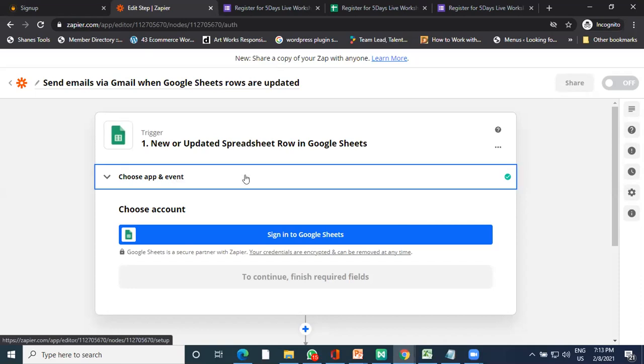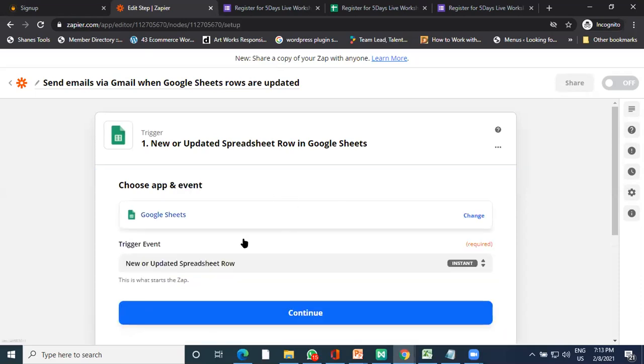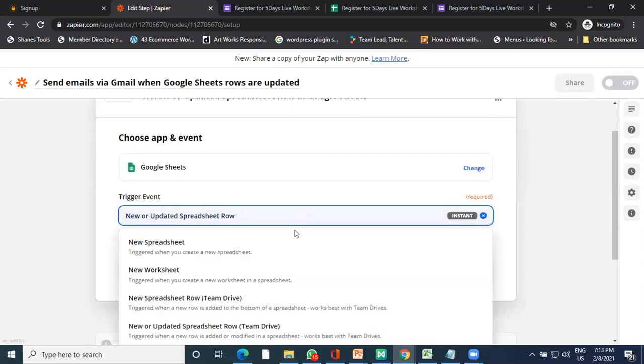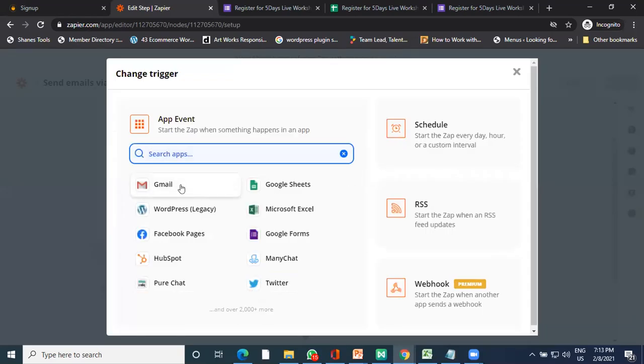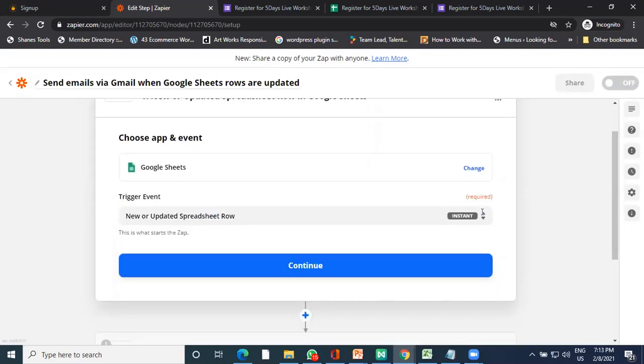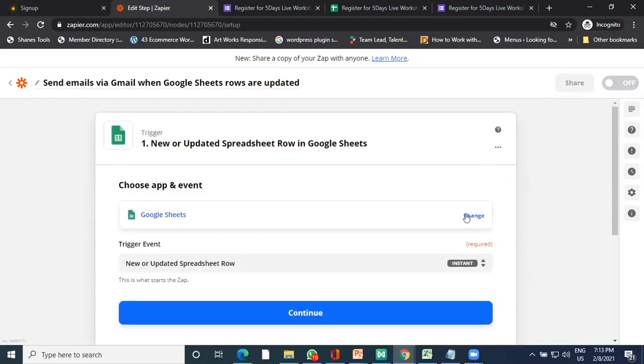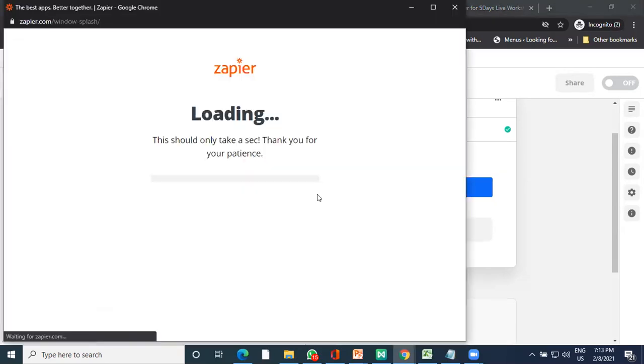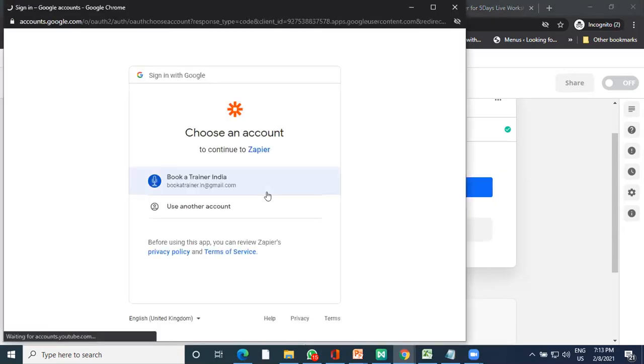So once the integration is done, we just need to select the sheet. What it asks is to choose an app. So we select Google Sheet. It will ask you for the name of the sheet. Before that, we need to sign up on Google, because this Google Sheet has to come from there. Yeah, see, this sign up comes up. Once you sign up over here, it will pull up. So you need to sign up with your Google account, where you have kept your sheets.